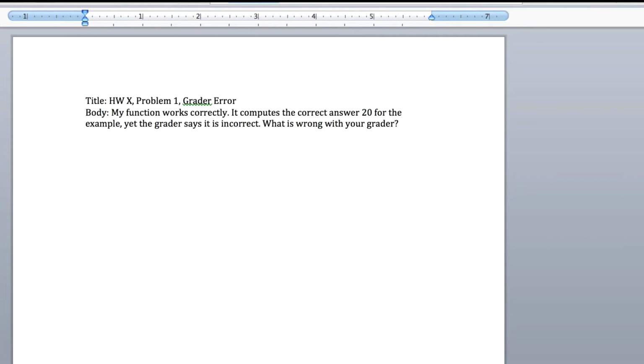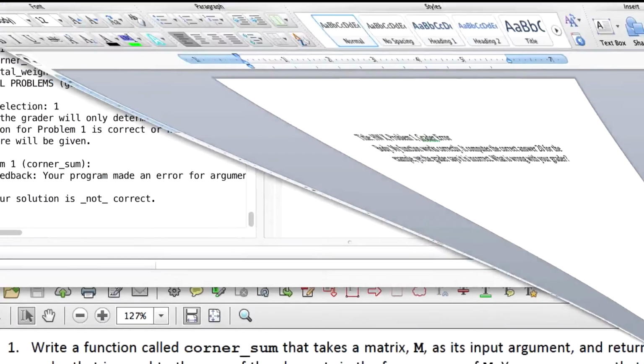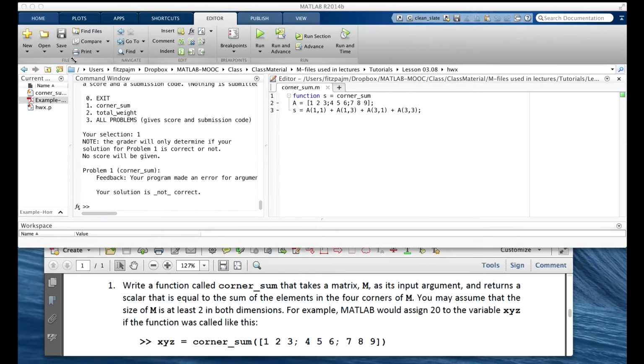Now, try to imagine somebody reading your post. That person has no information other than your claim that your function works correctly. But of course, your function is incorrect. In fact, it has 3 major errors. But that other person can't help you because you didn't provide any useful information. So what information should you post?